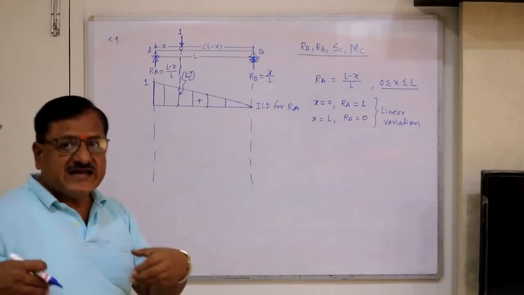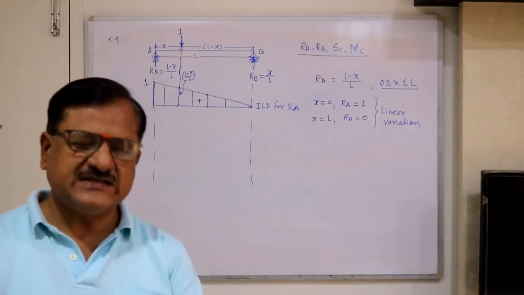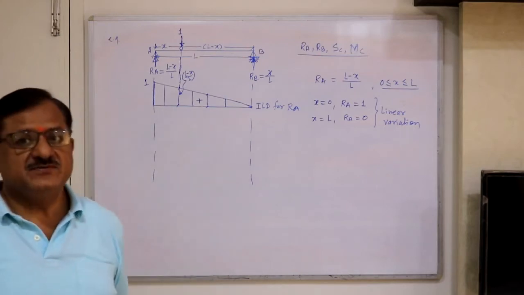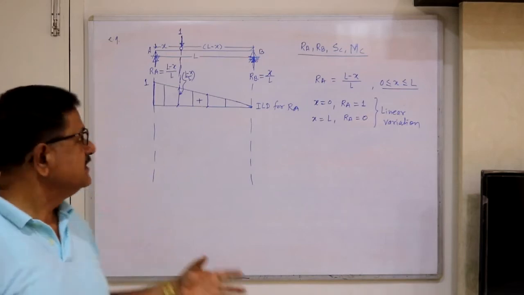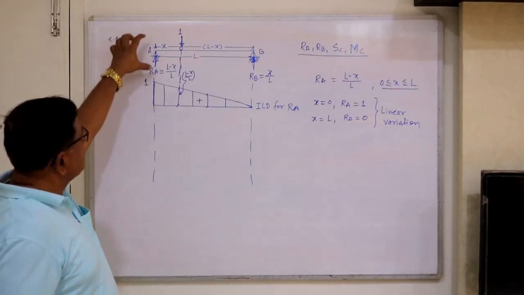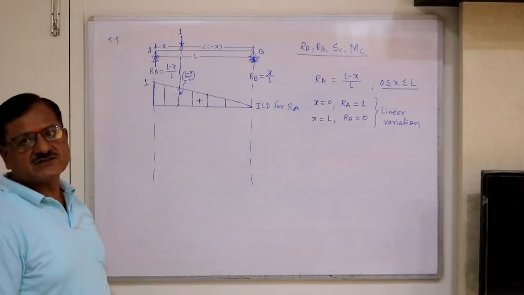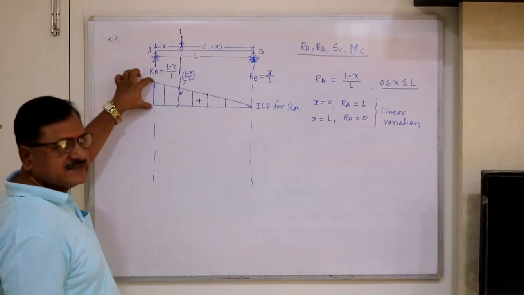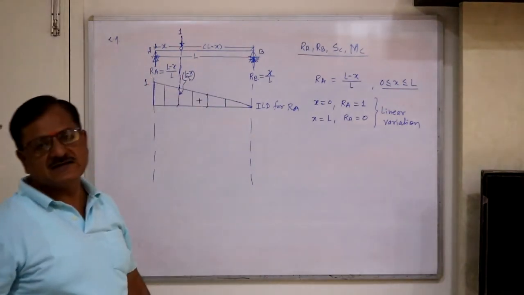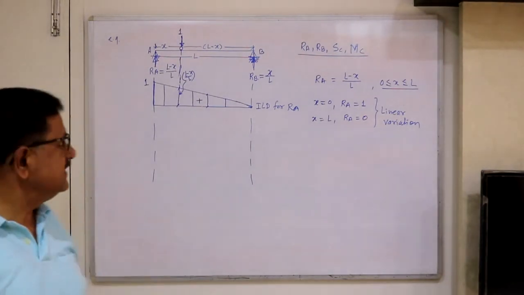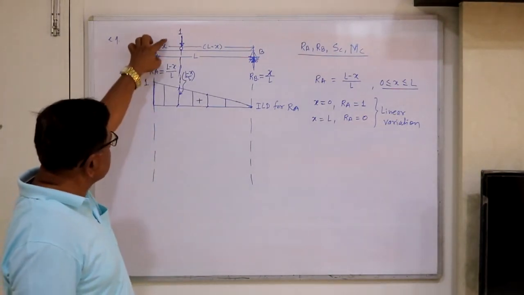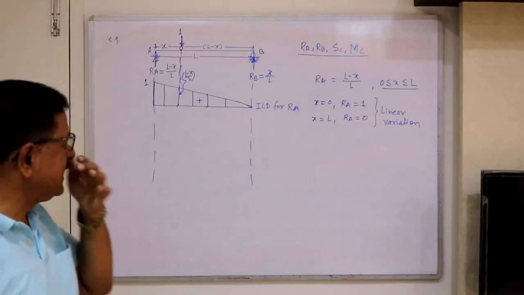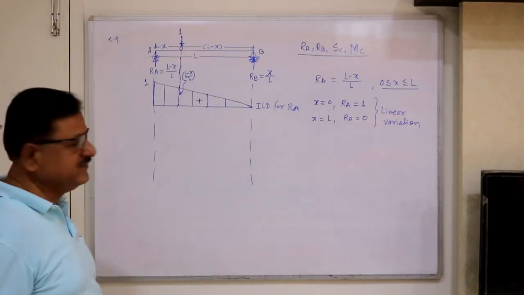So once we have the influence line diagram, whatever the external loading, you will get reaction RA. When RA will be maximum and when it will be minimum can be seen from the diagram itself. If there are, say, 4 concentrated loads, then the last concentrated load must be kept here because the maximum ordinate is here, and then accordingly the other loads are to be placed, with the first load into this ordinate, the second load into the corresponding ordinate. Like that we will get the maximum RA. How to use that, we will see later on.